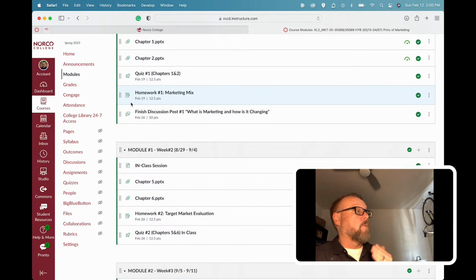So every week you're going to have a quick check-in assignment for those online, or attendance for those in person. You're going to have a quiz, and a homework assignment, which is something that's preparing you to focus on something specific in the course. Like for instance, homework number 1 is about a marketing mix. So you're going to do a marketing mix assessment of a company. And then you have a discussion post that's going to ask you some very critical questions to research or do some kind of research. And that'll be turned in every 2 weeks.